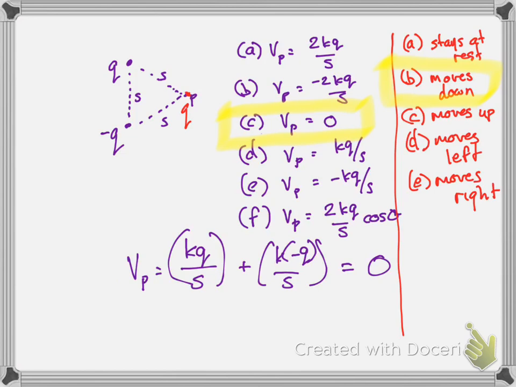Having a potential of 0 doesn't mean it doesn't move anywhere. Remember, in order for it to not move anywhere, it's got to have either no net force on it, that tells you it wouldn't move from rest, or it can't go down in potential energy. But if the charge moves in the downward direction, there is a net force on it in the downward direction,